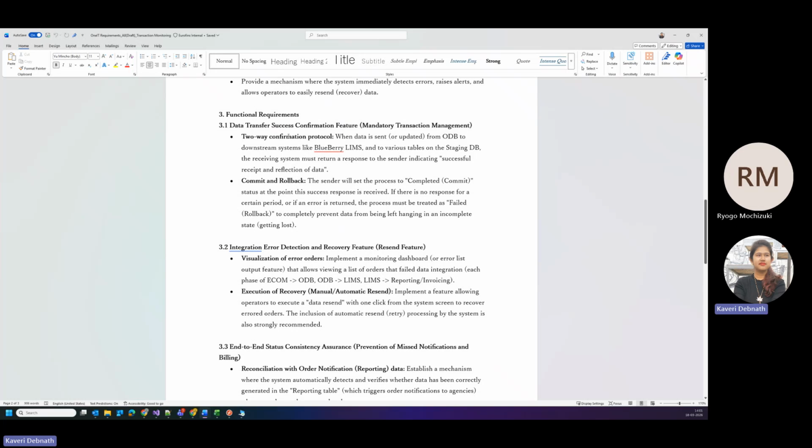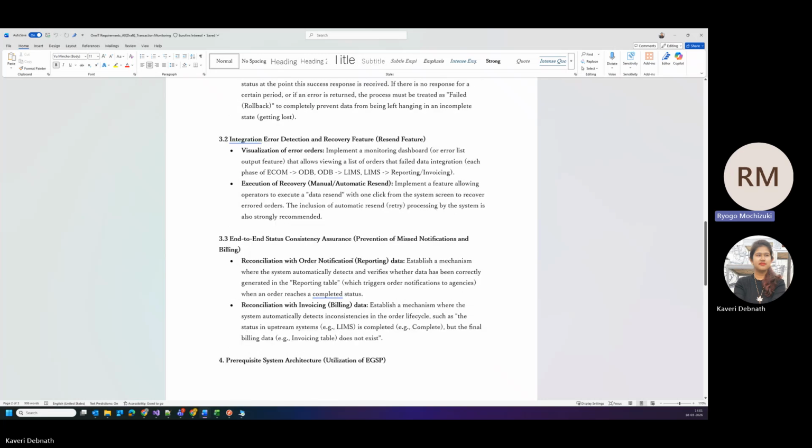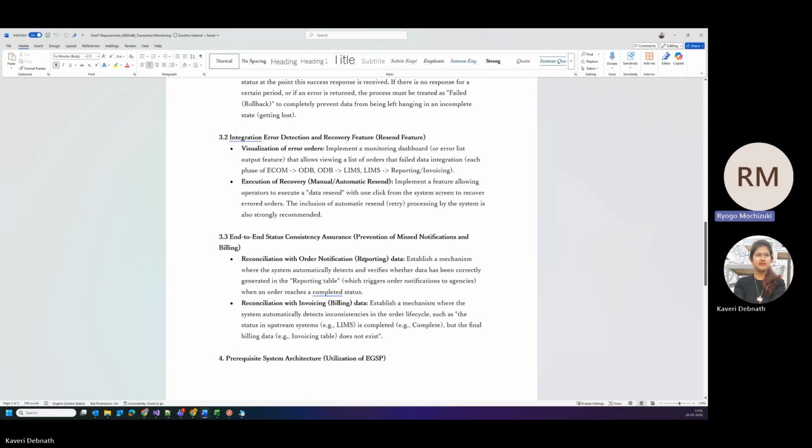When data is sent from ODB to downstream, the receiving system will return a response. Yeah, this comes under the monitoring part of the orders. Fine, this is understood. So acknowledgement is required between the receiver and sender, and I guess the AGSP has all the information, the data flow, but the acknowledgement is not done